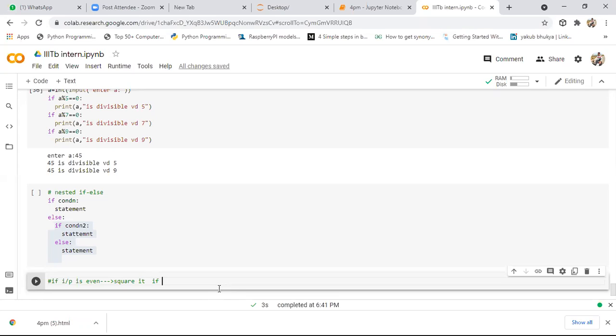If input is odd and multiple of 5, we need to cube it.